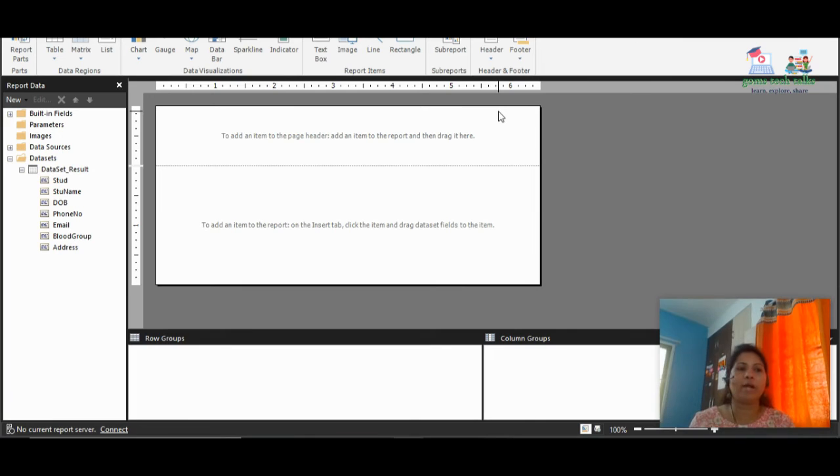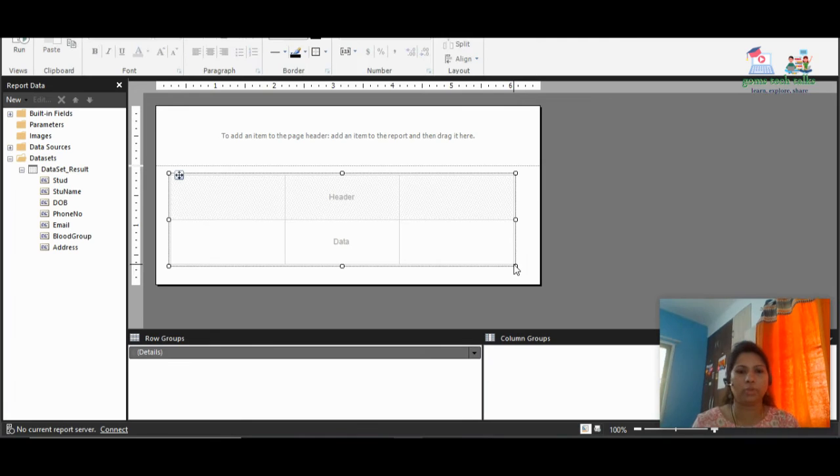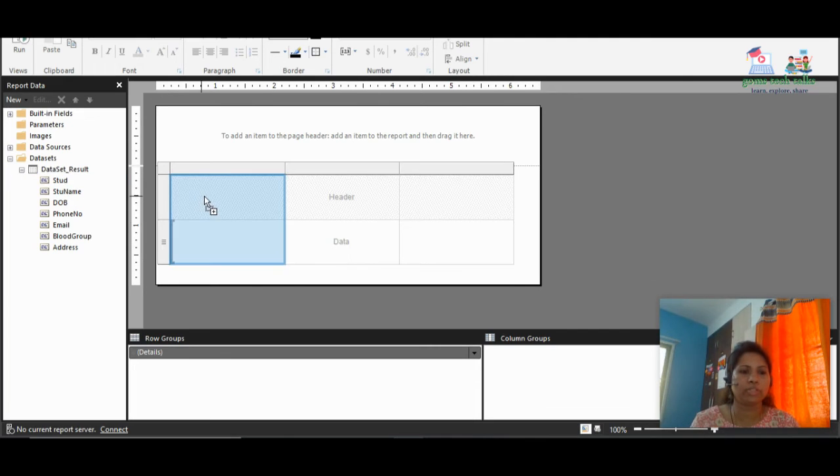As of now, I'm just going to show you how I'm adding the report. So I'm going to insert the table here. This is the main page, I'm just inserting the table. Okay, I have inserted the table. Here you have to paste the header, and here the data will be appearing. So I'm just dragging this here,